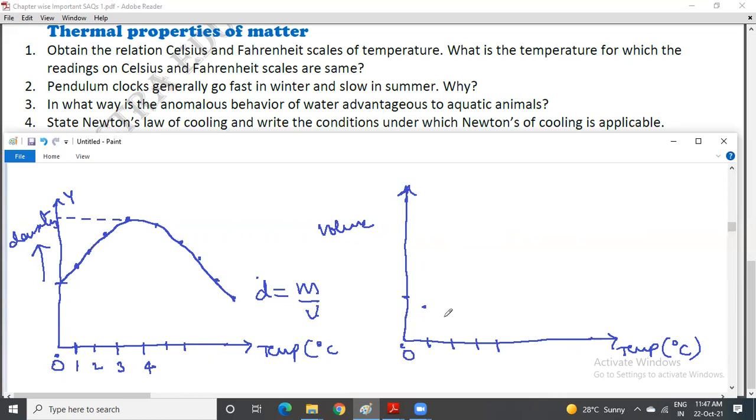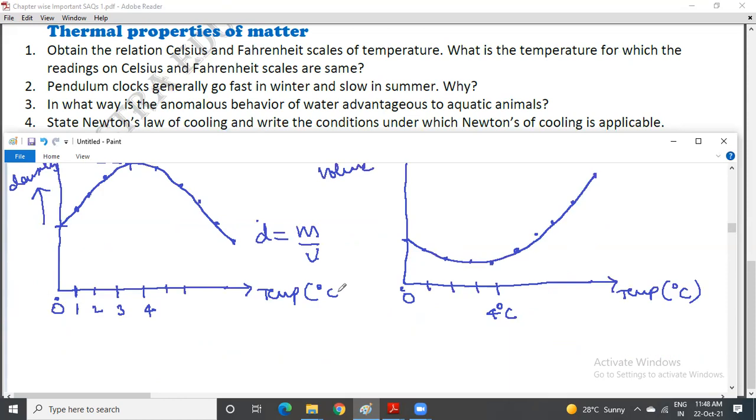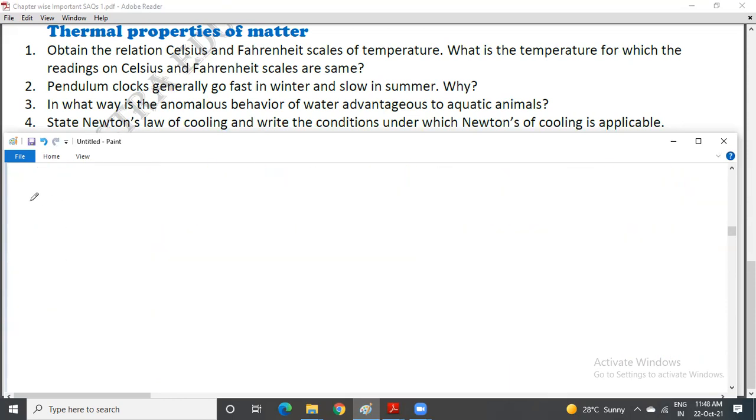Then further it decreases, further it decreases. So this will become least here. Then thereafter expansion starts. Expansion starts means density decreases, but in contrast to density, volume increases. Therefore after 4 degrees centigrade, volume starts increasing. So this is the nature of volume when temperature rises for the case of water. Then the significance of this kind of nature.